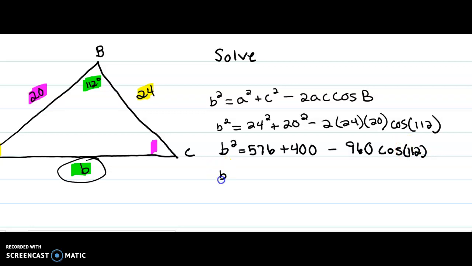Well, this gives me b squared is equal to 976 minus 960 times cosine of 112. And at this point, I'm going to plug that into my calculator. Okay, when I do that, I get